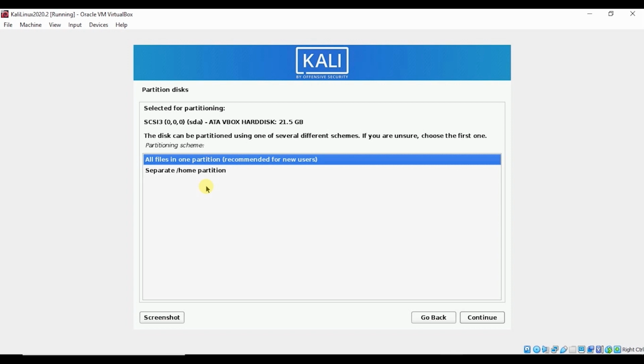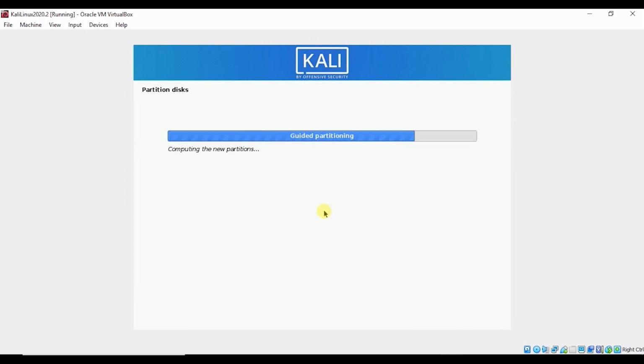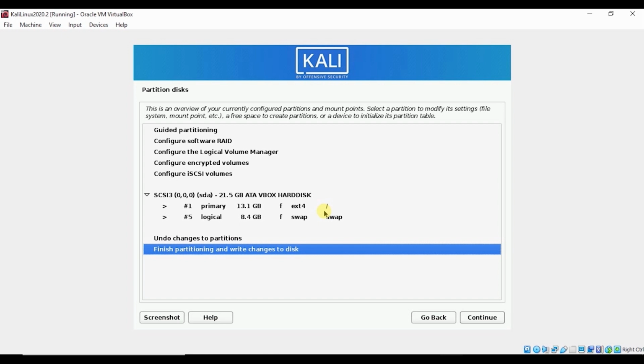It's better to keep all files in one partition, rather than keeping the home partition and other files in different partitions. So keep it as all files in one partition and click continue. It will create a guided partition for you.